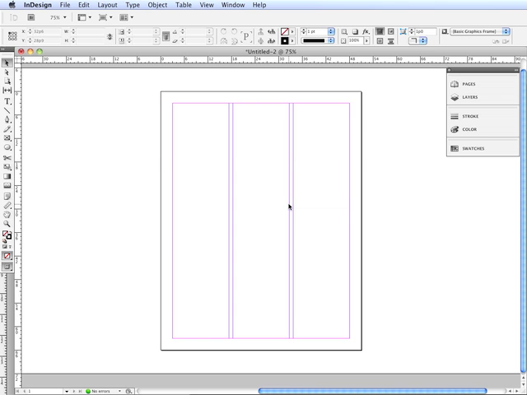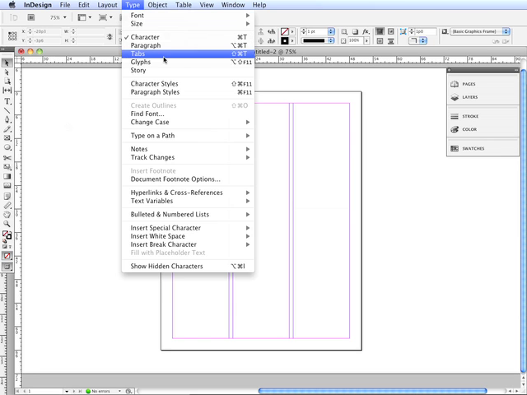What's great is sometimes you get a project and your client says, OK, I want to see how it's going to look before I give you the OK, but I don't have any text yet. I know it's going to be a 2-panel brochure or whatever. How are you going to show it with the text? InDesign gives you the great opportunity to come in here under Type and